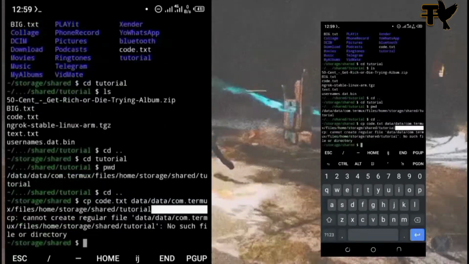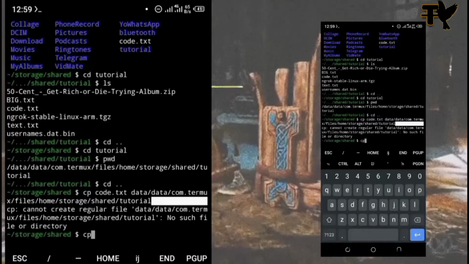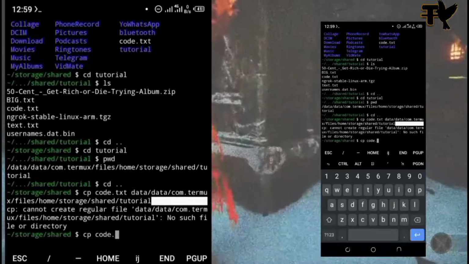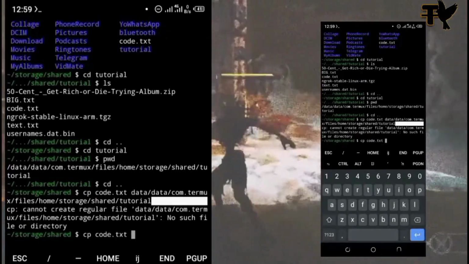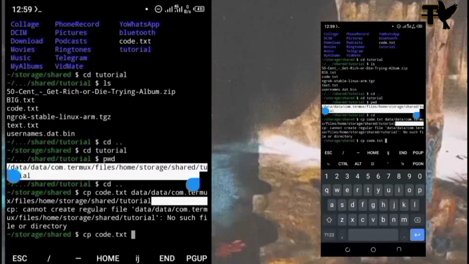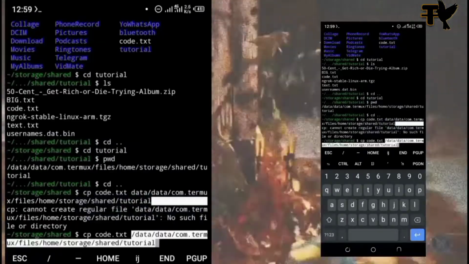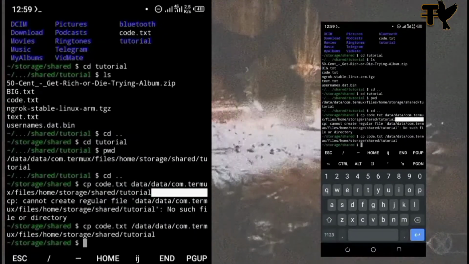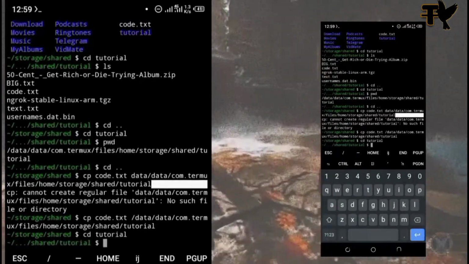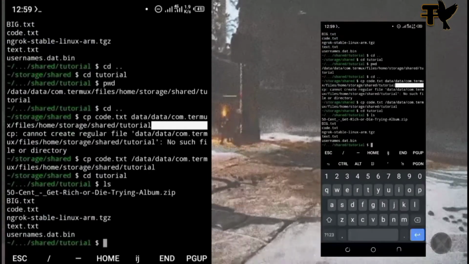So I'm going to click enter. Sorry, cp code.txt, and so I made a mistake while copying it earlier. Alright, so you don't want to make a mistake while doing yours, and I'm going to paste it this time around, and as you can see, it has been copied. So if I cd back to my tutorial folder right here, as you can see, ls, I now have the code.txt file